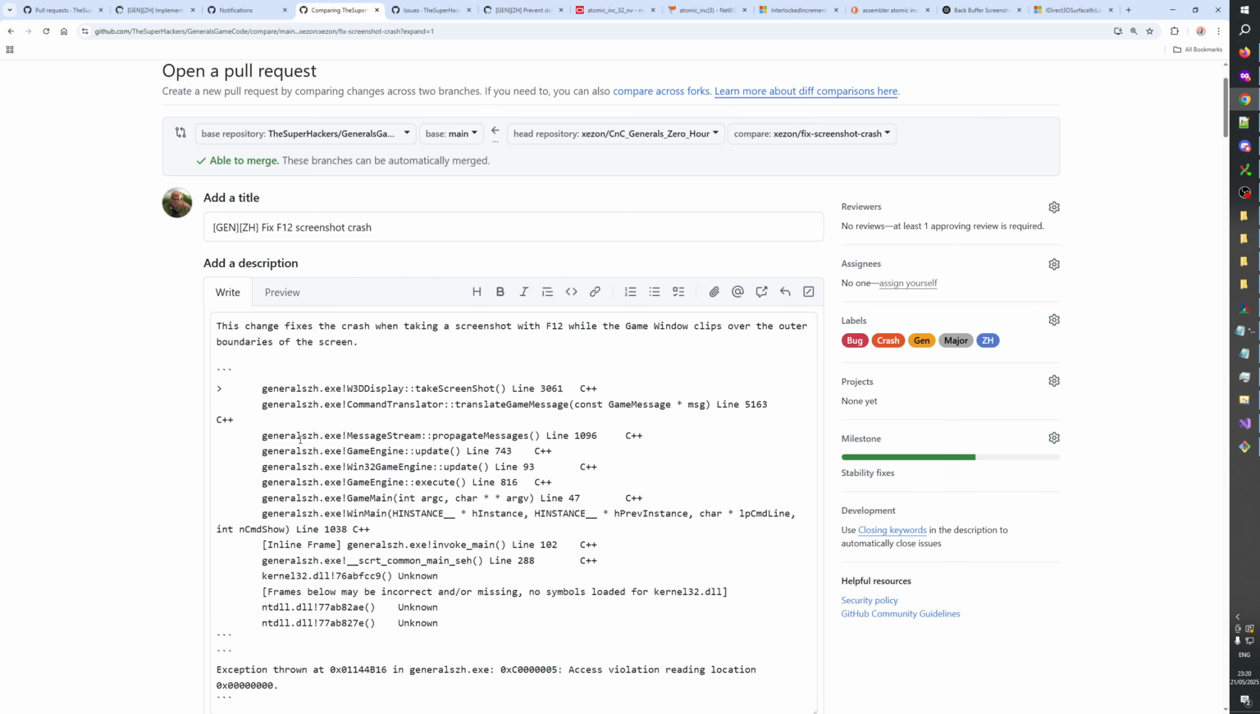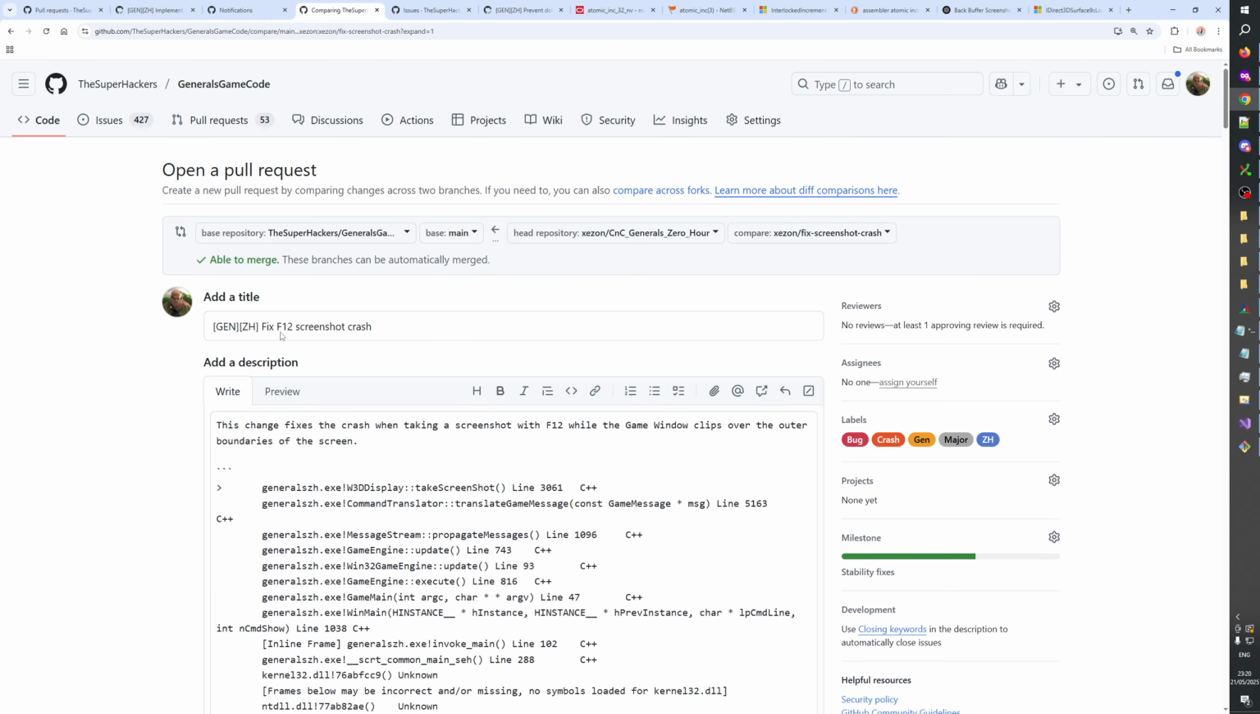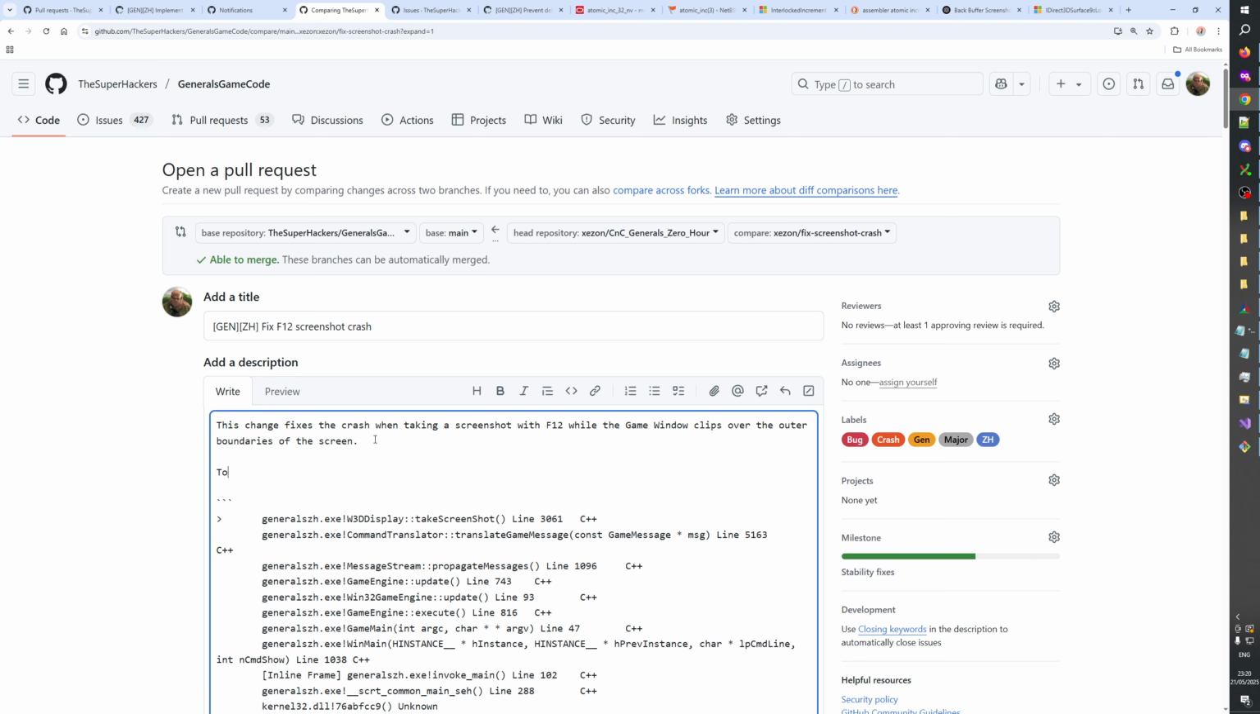This change fixes the crash when taking a screenshot with F12 while the game window clips over the outer boundaries of the screen. Fix F12 screenshot crash. Fix the crash when taking a screenshot with F12 while the game window clips. To fix this problem,